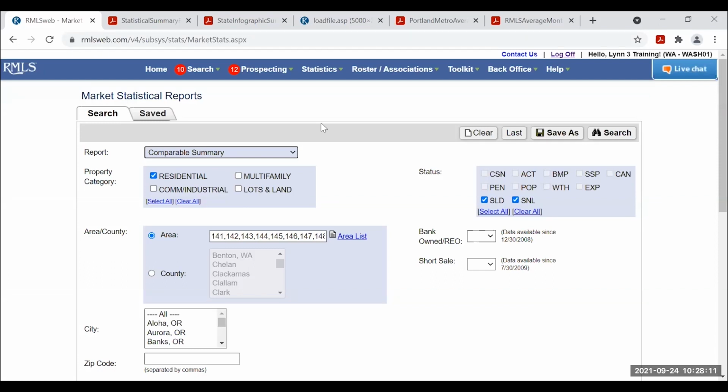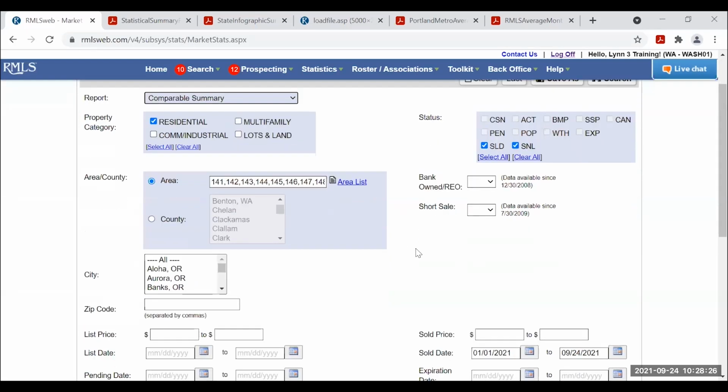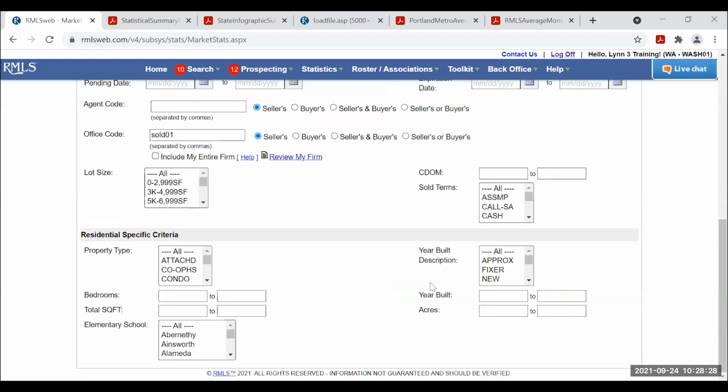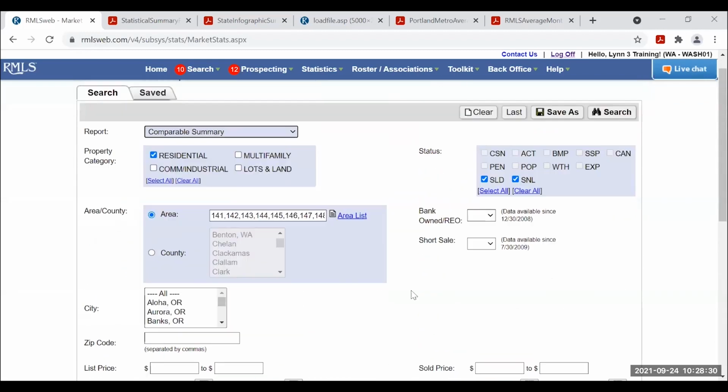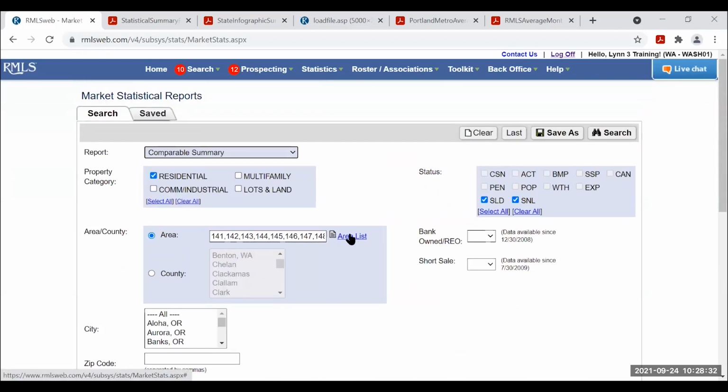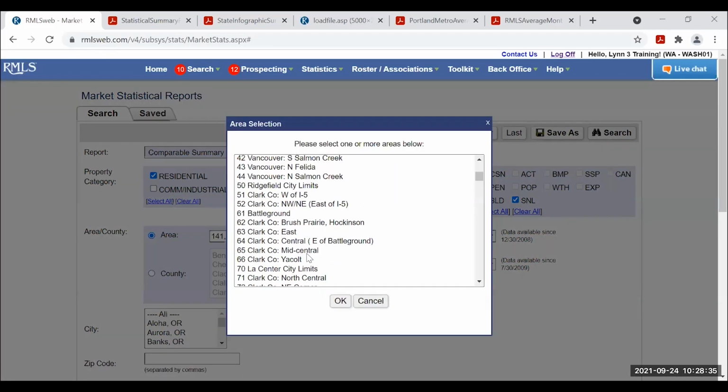So if you're going to go meet somebody at their house, they're talking about maybe wanting to list their house. Ultimately, they would like you to do a CMA, an official market analysis for them. But before you go, if you haven't been in their house yet, you could come in and do this quick little comp summary with basic information. And have an idea.